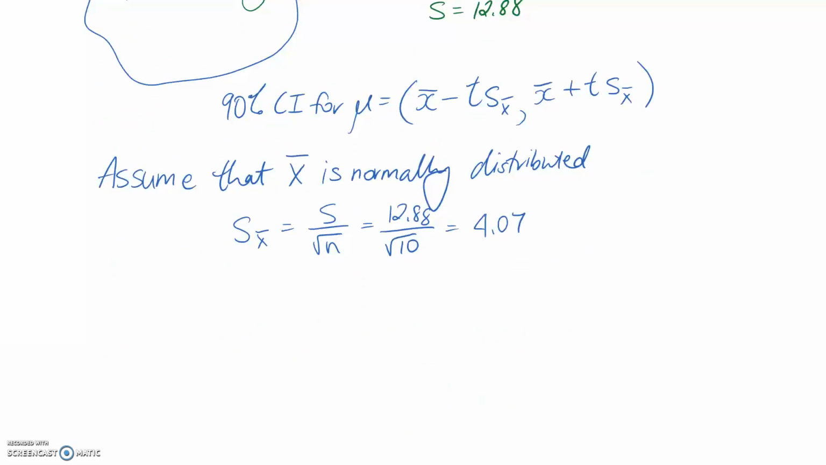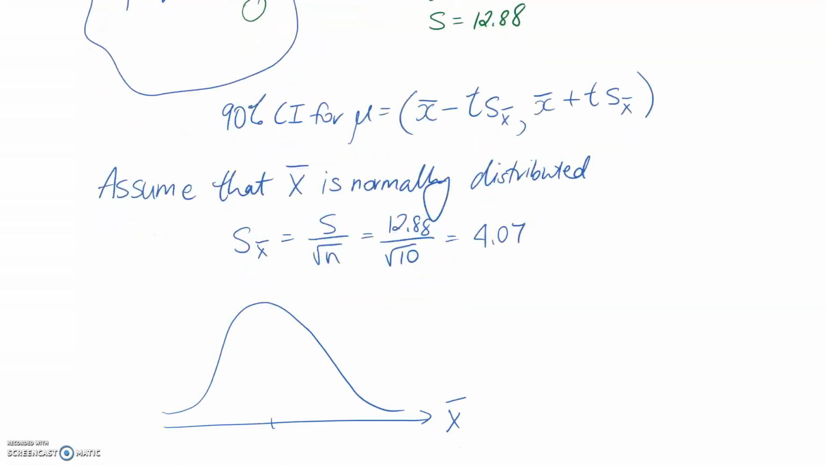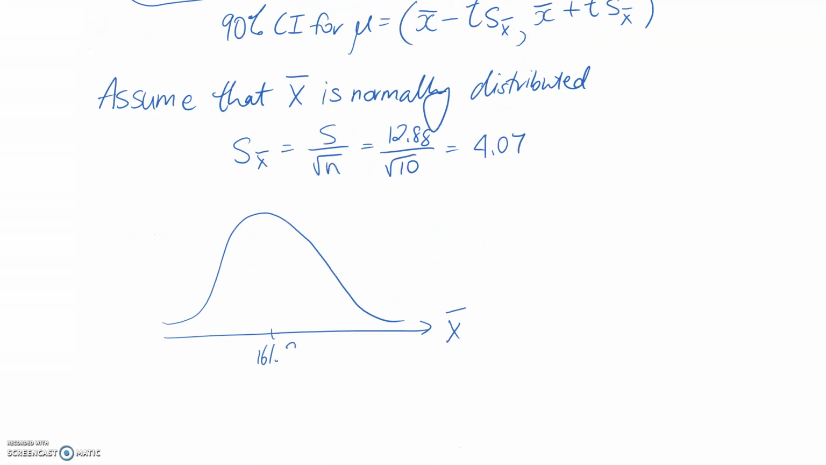So scrolling down here. We've assumed that our x bar is normally distributed. For the purpose of figuring out this confidence interval, the mean value of x bar is the sample mean, that's 161.2. And we need to determine the lower and upper bounds of x bar, because those are the limits of our confidence interval. This time we said that we're going to use the t-distribution